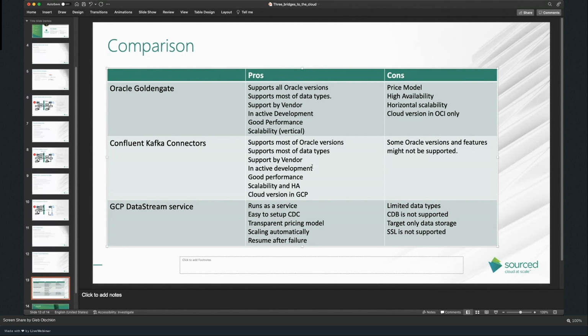That's one problem. It also has really limited data types and problems with some of them. And when we talk about a complete solution, yes, it is good to have it as a service, but then you need to run another service on top of that to get the data, for example, to be queried.